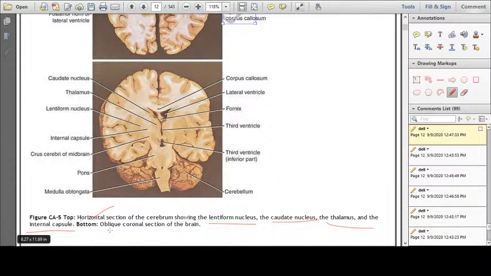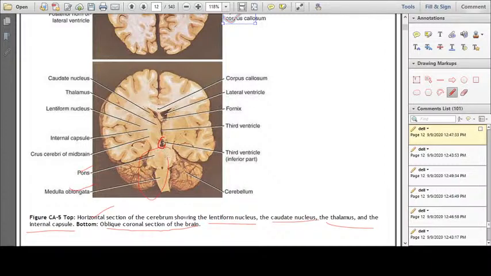Thalamus and internal capsule, at the very bottom, there is an oblique coronal section of the brain. This section is actually done obliquely. And what are the structures that we could see? We could see the pons varolii, the medulla oblongata, which is a part of the brainstem, and this one right here